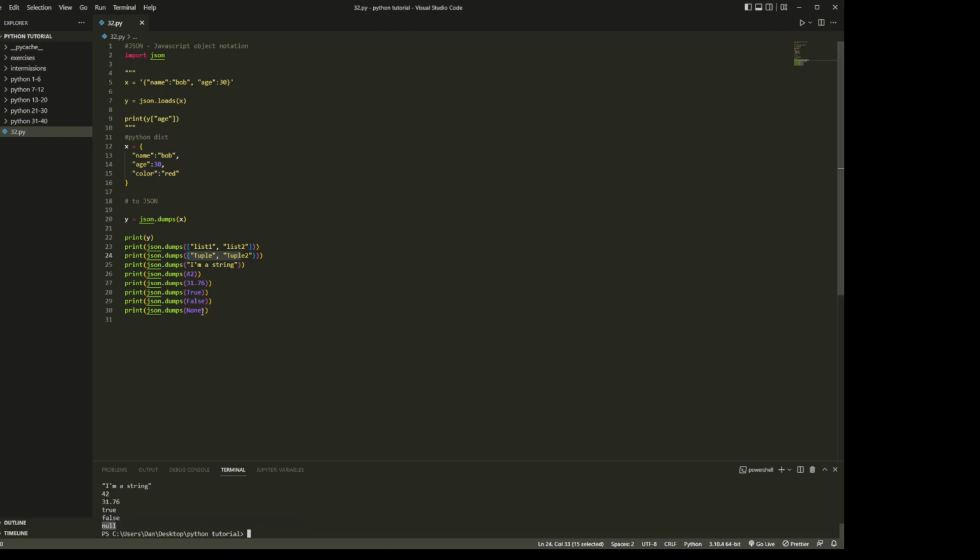So, and that's because it's JavaScript, and JavaScript uses null. Not that you should be running into this, because hopefully you installed Python with this video or updated it. But if you have an earlier version of Python, sometimes this None value will actually cause an issue. And I think they fixed that in Python 2.6. So if you run into that issue, just update your Python, and then it should work fine with this JSON